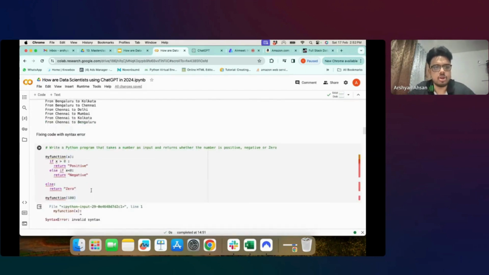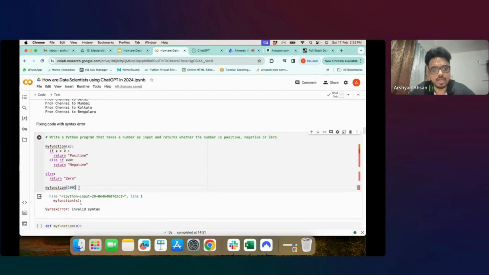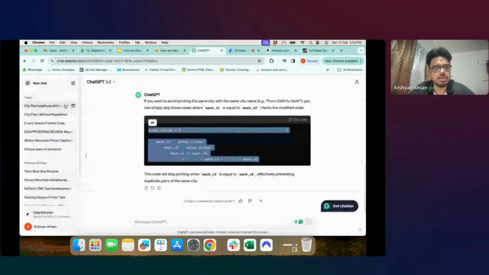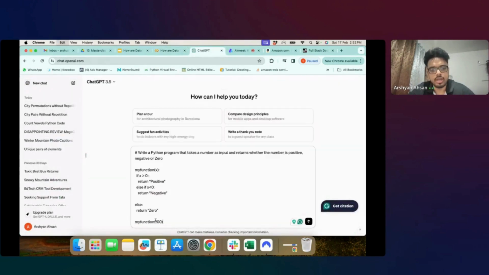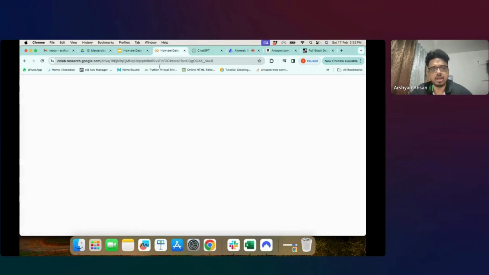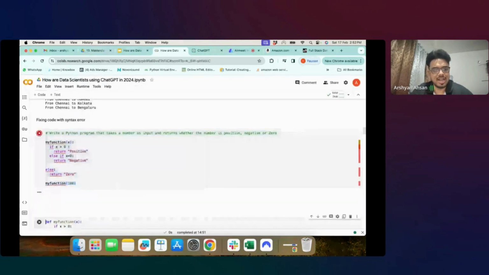फिक्सिंग सिंटैक्स एरर, तो अगर मैं लॉजिकल एरर फिक्स कर सकता हूं तो मैं सिंटैक्स एरर भी फिक्स कर सकता हूं. तो मैं बस ChatGPT को सीधा बोलूंगा कि this is a code in which I take a number as input and returns whether the number is positive, negative or zero. बहुत सिंपल फंक्शन है. मैं एक नंबर पास कर रहा हूँ, और अगर वो पॉजिटिव है तो वो पॉजिटिव लिख के रिटर्न कर रहा है, नेगेटिव है तो नेगेटिव लिख के रिटर्न कर रहा है, otherwise zero रिटर्न कर रहा है. But मुझे सिंटैक्स नहीं पता था, तो मैंने कुछ तो गलत लिख रखा है जिसकी वजह से मेरा कोड नहीं चल रहा है. तो मैं यहाँ पे अपना कोड चला रहा हूँ तो सिंटैक्स एरर आ रहा है.